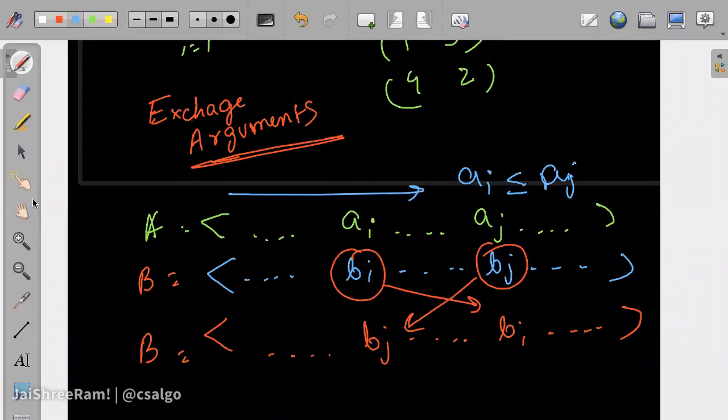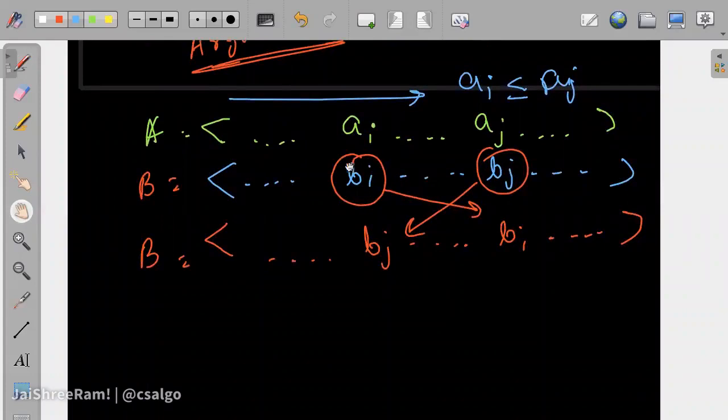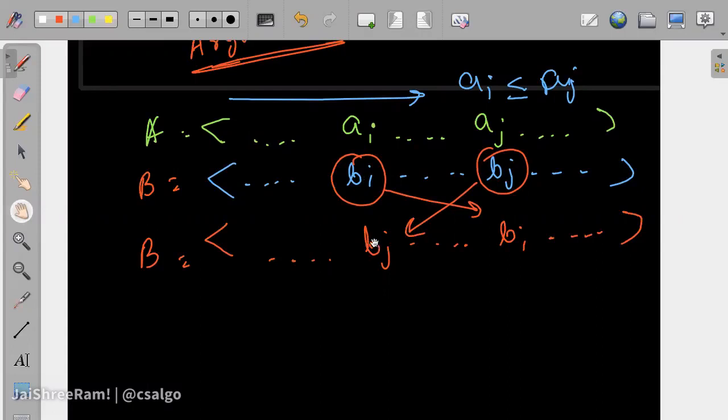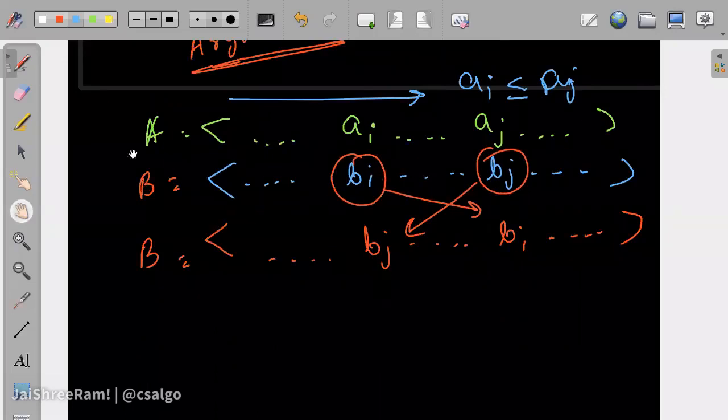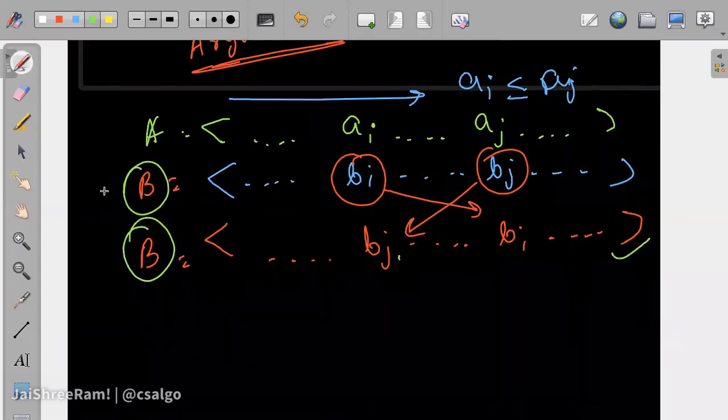Now what the exchange argument tells us is this: let's say you are taking B of I and B of J in these two places, and B of I occurs before B of J. Swapping B of I and B of J should produce a less optimal answer. Only then is B of I better in this place, right? If instead of this array we had the swapped array, and it gave us a bigger dot product, then this is not optimal, right?